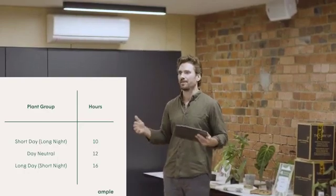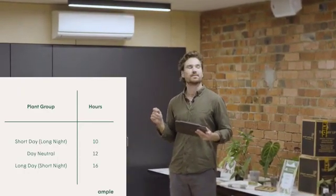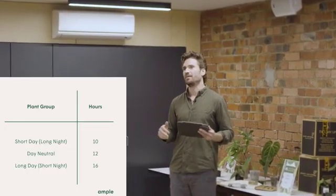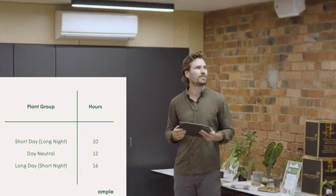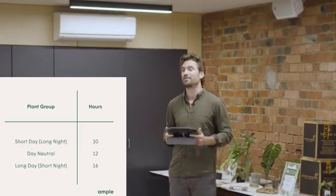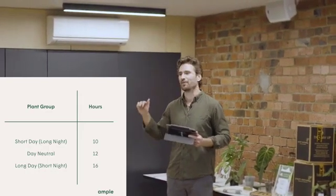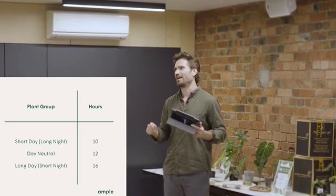So there's all this cool stuff that you can start to do once you understand a bit more about the spectral effect of lights on plants. However, I think for most of us, we're generally looking at kind of an all-rounder. I think the problem with the internet is that it's got a lot of commercial growers and a lot of commercial cannabis growers on it, especially in the Reddit spheres. And these people are great because they're super interested in producing a certain type of flavor or